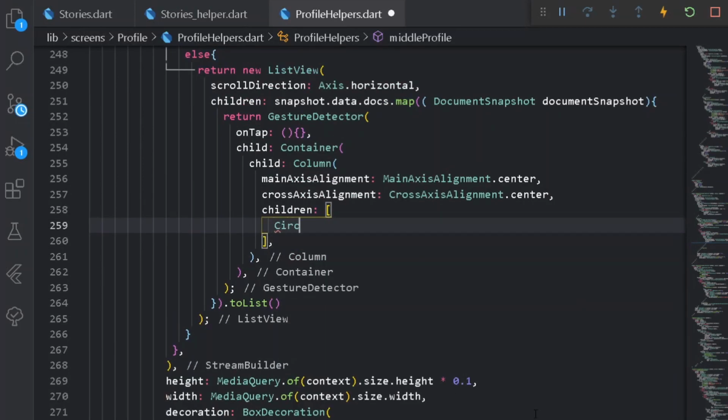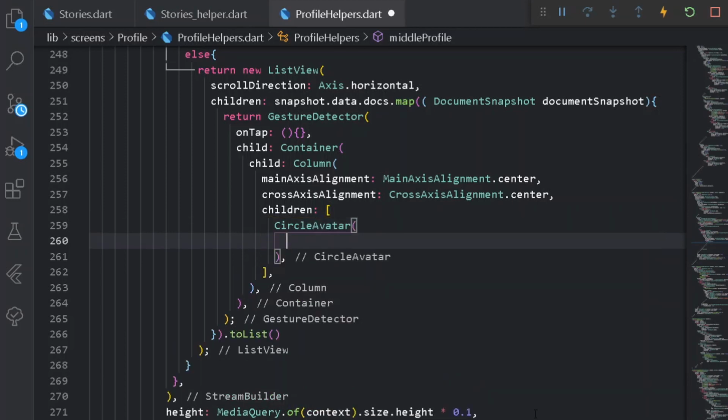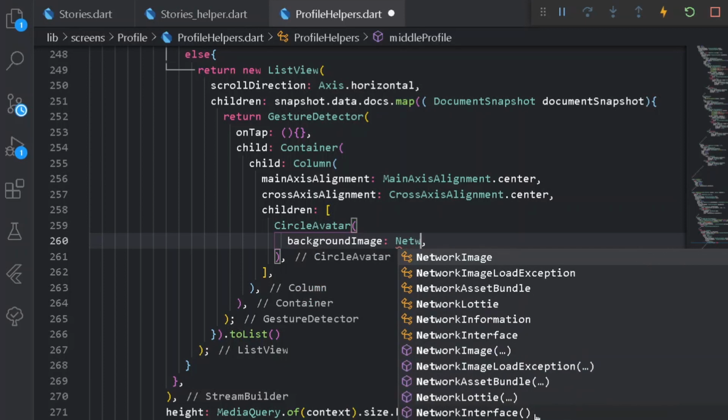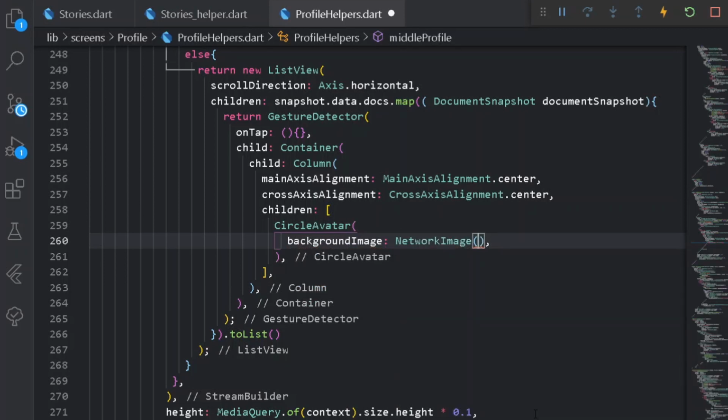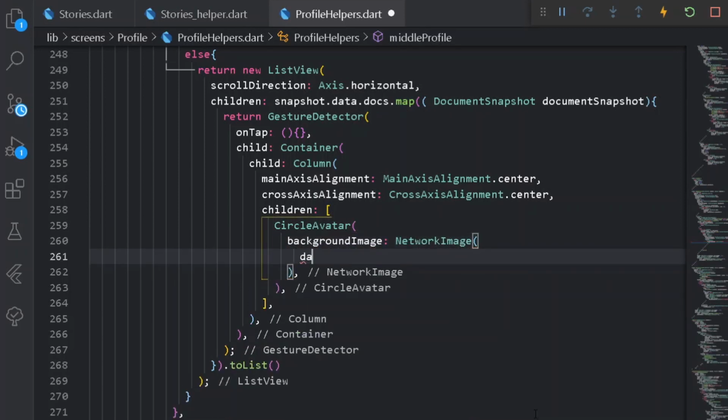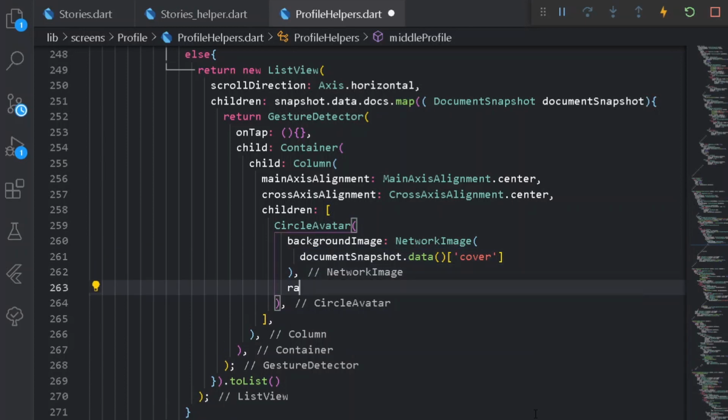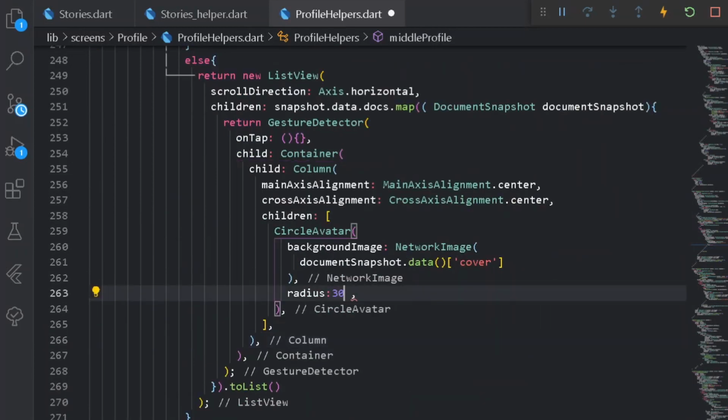So here let's have a CircleAvatar. So under this let's have a backgroundImage for a NetworkImage, easy, a NetworkImage, and under the following NetworkImage I can simply have documentSnapshot.data. Under this let's have data of the cover, let's have a radius of 30.